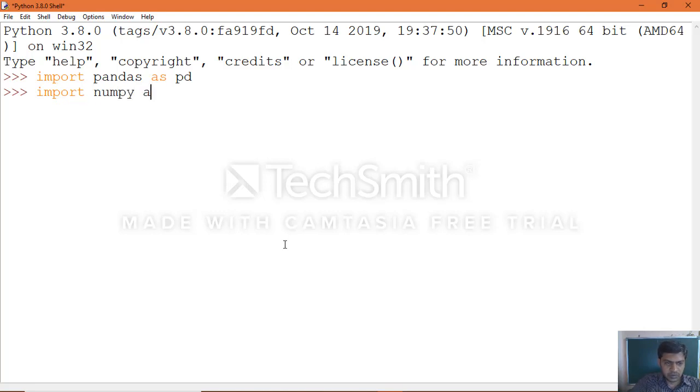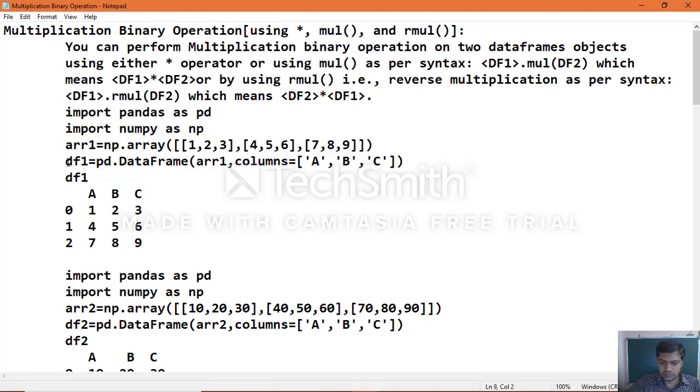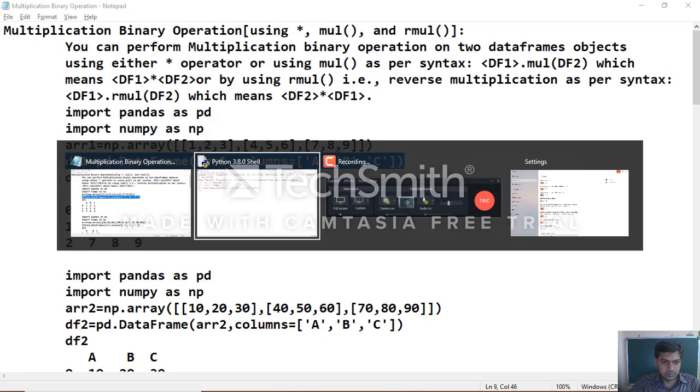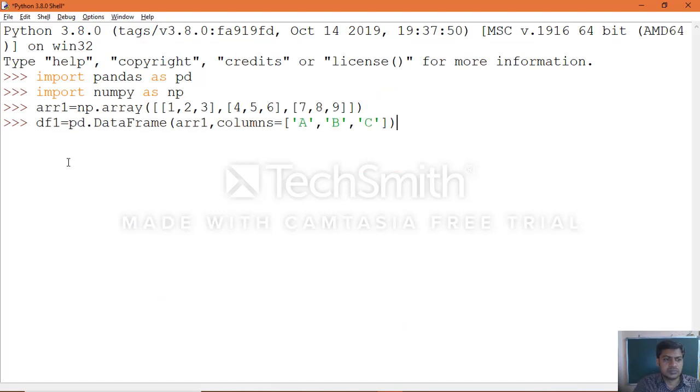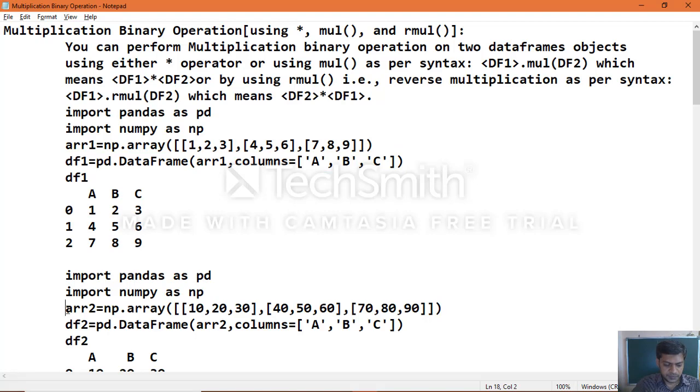Import the numpy module, then create the four data frame objects. You can see the array object which we created, and then the data frame object. In the same manner, create all the other data frame objects.